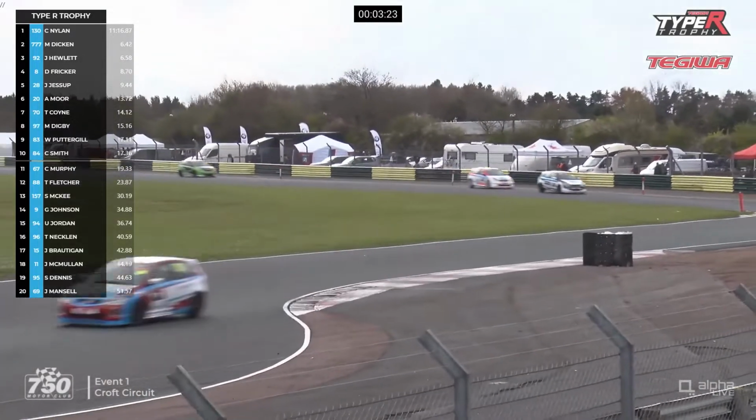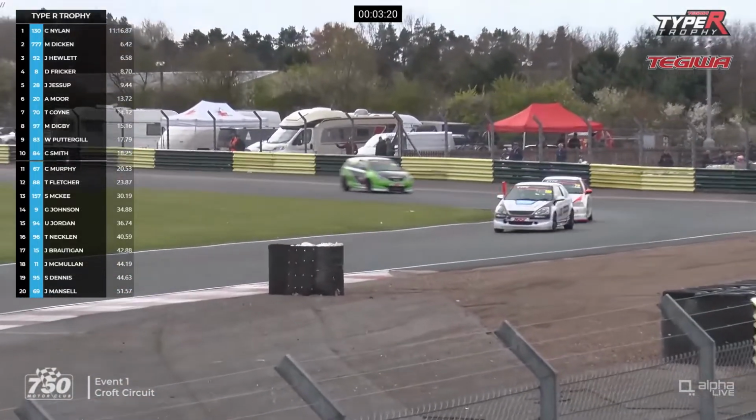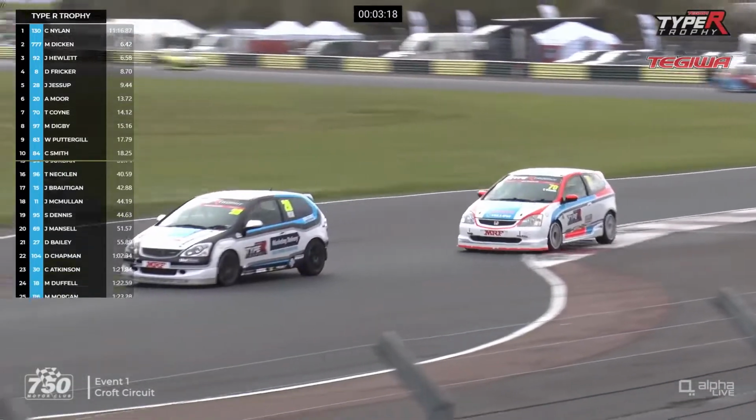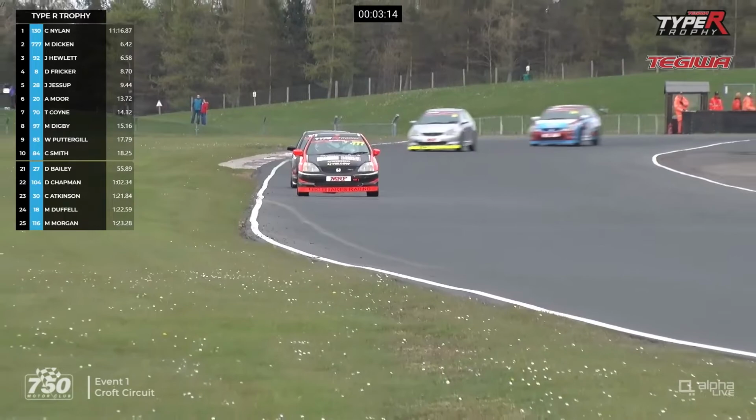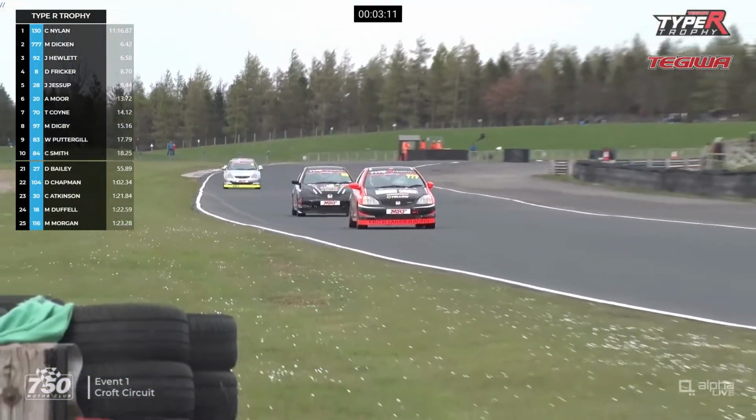Behind them there is Dave Fricker, who's been caught by Joe Jessup. So Jessup's got good pace here. He's got the second fastest lap of the race. So just qualifying didn't go well for him. He qualified back in 8th, but he's showing that he is going to be one of the contenders this season,